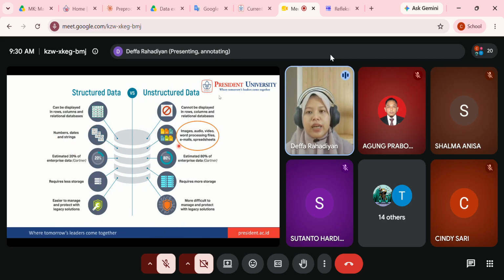For unstructured data, it is difficult to display in rows and columns or a relational database, since the data is in the form of images, audio, video, word processing files, email, and spreadsheets. The data that you processed in the last practice is what we call unstructured data, since the data we processed is image data.